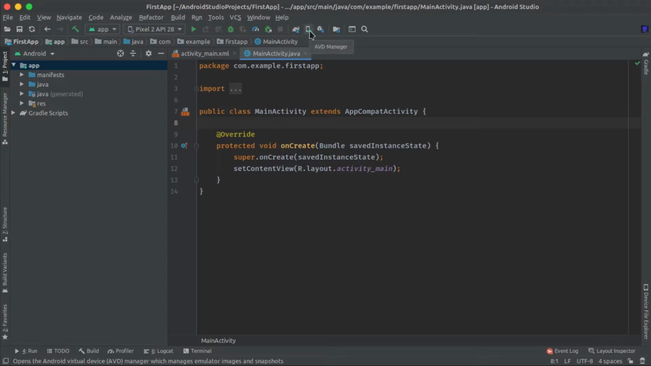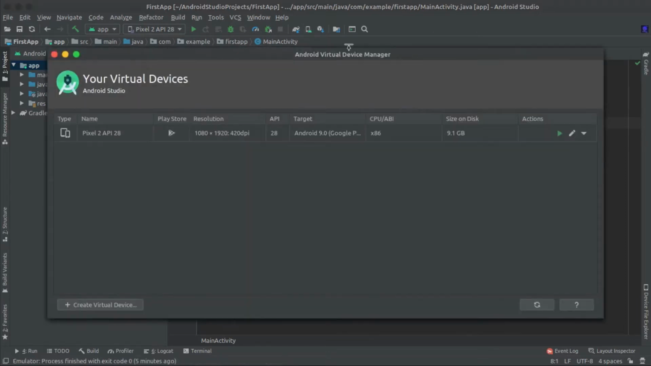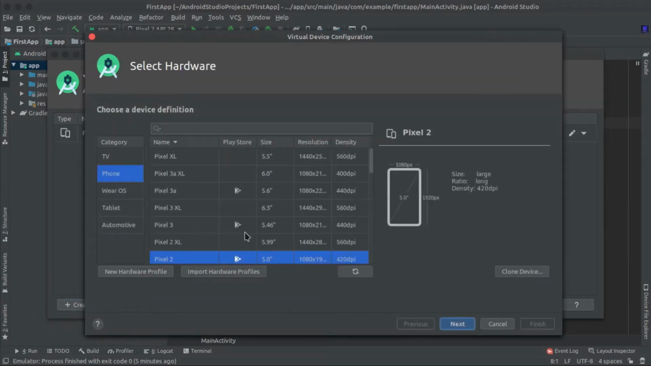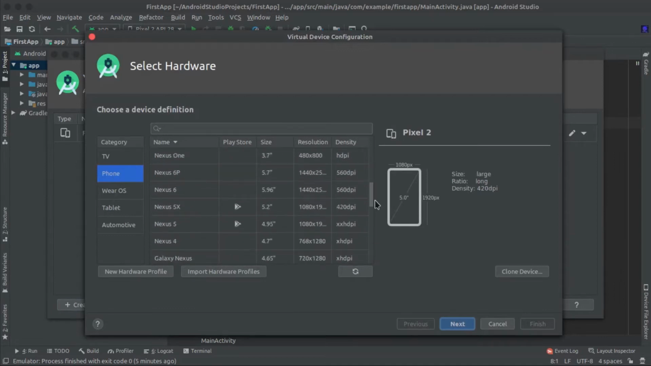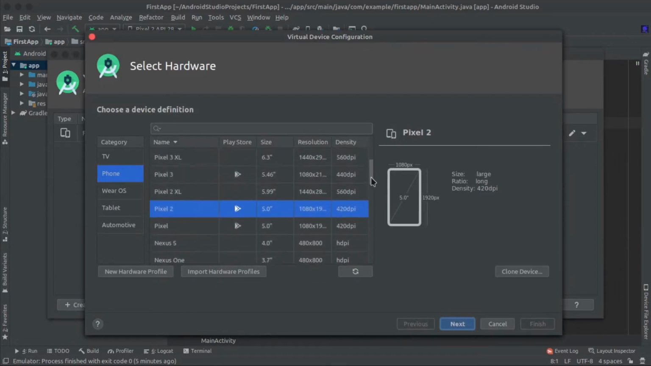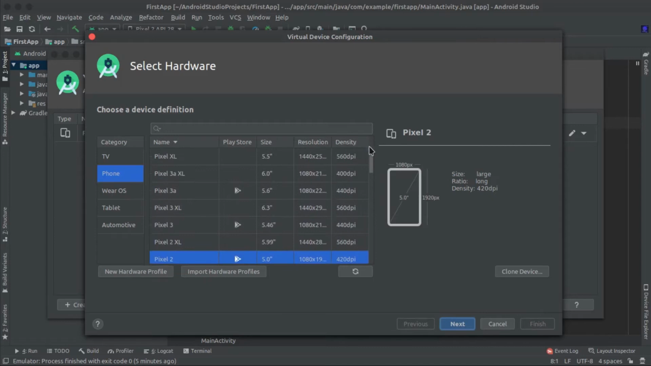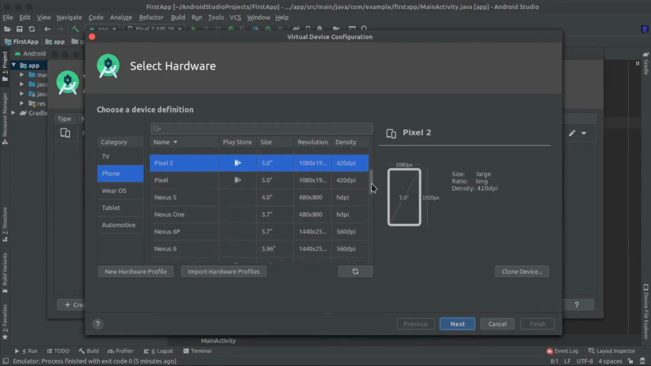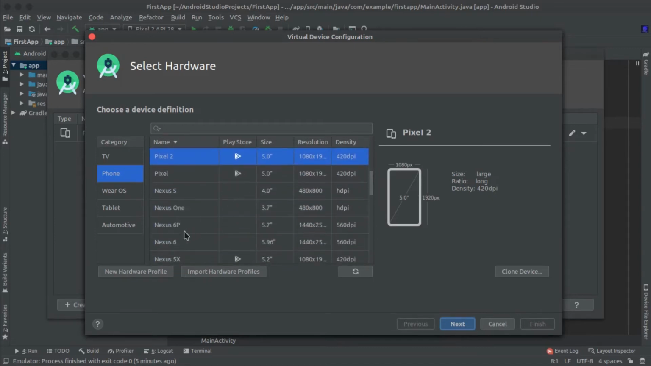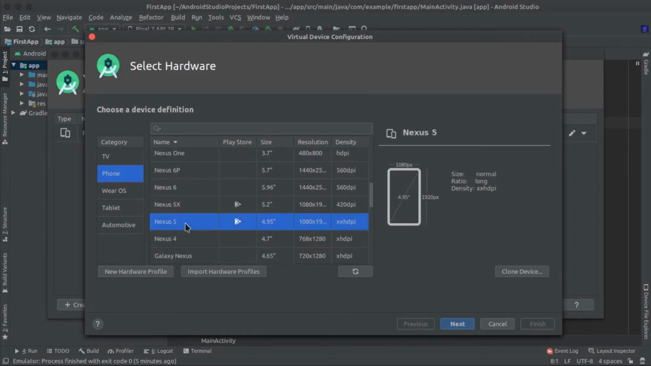Click on this AVD manager. As you can see, I have already created one. So for creating a new device, click on this create virtual device, and from here you can select your favorite device. As you can see, all Google devices are present here. So I will select the Nexus 5 and click next,